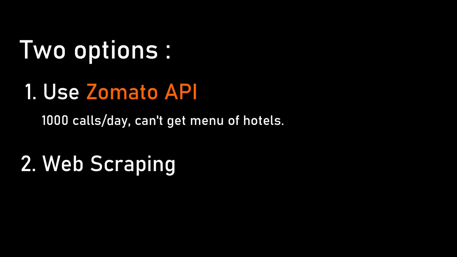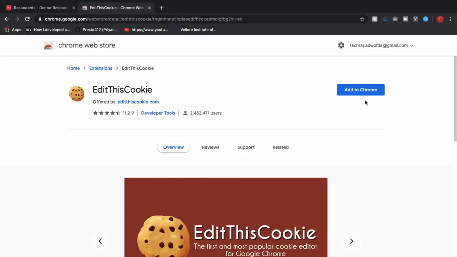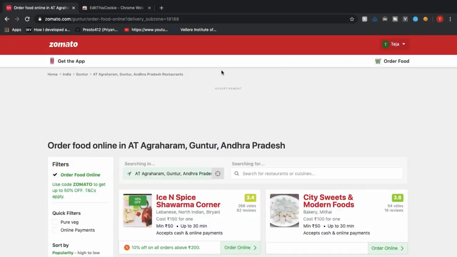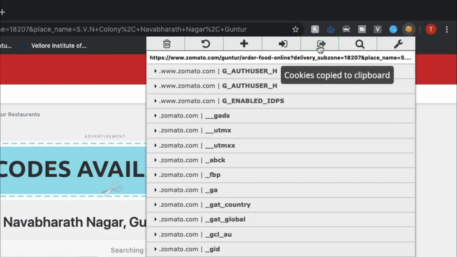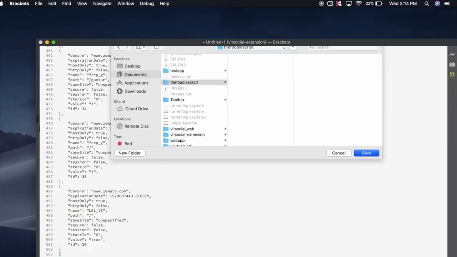So basically we are going to scrape Zomato's website to get all the information we need. Initially, I must be logged into Zomato so that I can see the restaurants available for me and also the offers that are available for me. Instead of writing a login module in my script, I can simply use my cookies to send authorized requests to Zomato via my script. The easiest way to do it is by installing the Edit Cookies extension on Chrome and then log into my Zomato account and select my area, and then I can export these cookies through the extension which I installed, and now I'll paste these cookies in a file called cookies.json